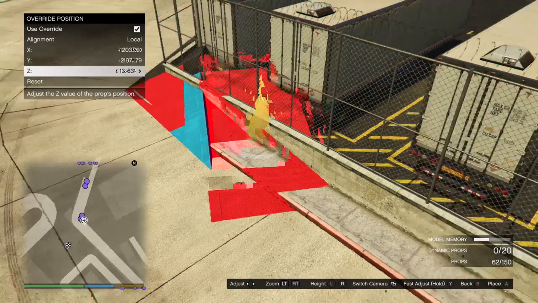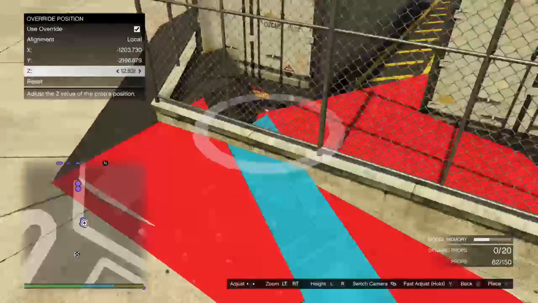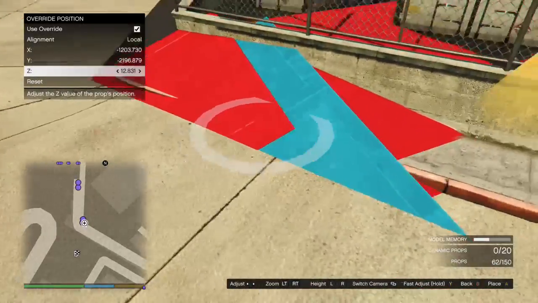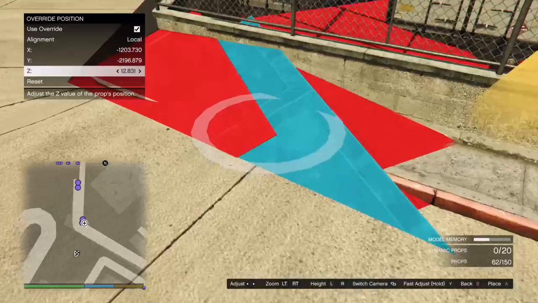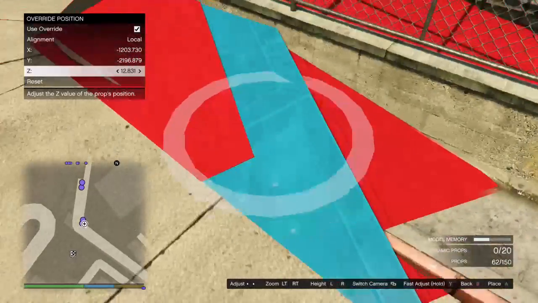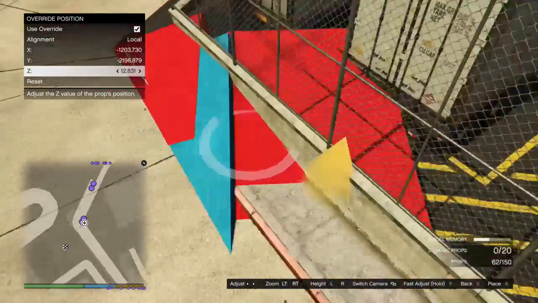Must keep this parallel with the blue line. I couldn't do that with the blue triangle because you've got the red corner here. If the corner was synced to the actual corner there, you wouldn't see this small part, and it would